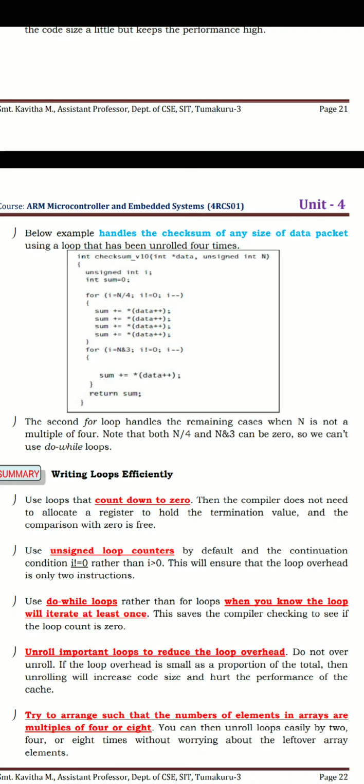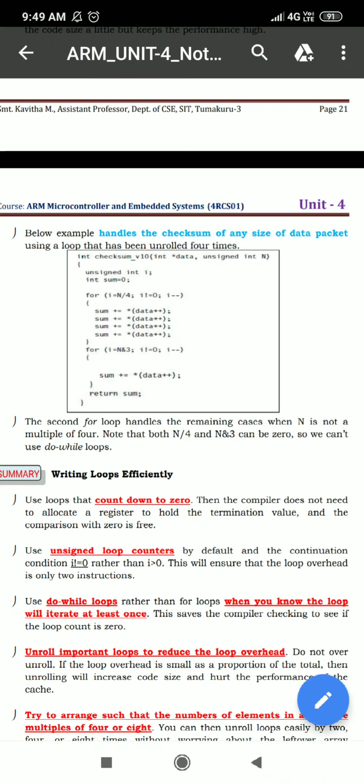So this is how data packets of variable size, which are not a multiple of 4, can be handled here. And to give examples for the cases where n/4 and n&3 can be 0, consider the number of words in the packet to be 3. In that case, for the first for loop, the initialization i = 3/4 gives i the value 0. Is 0 not equal to 0? No, 0 is equal to 0, so the test condition fails. That means if there are only 3 words in the data packet, the first for loop will not be executed; only the second for loop will be executed to handle the number of words which are not a multiple of 4.